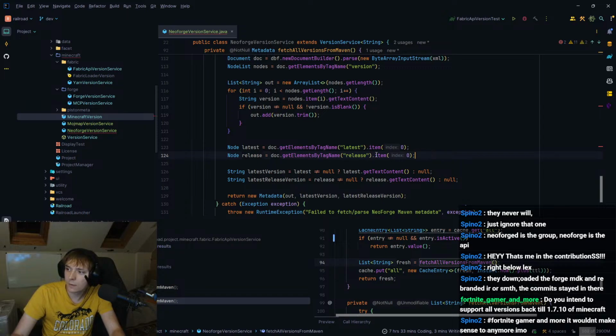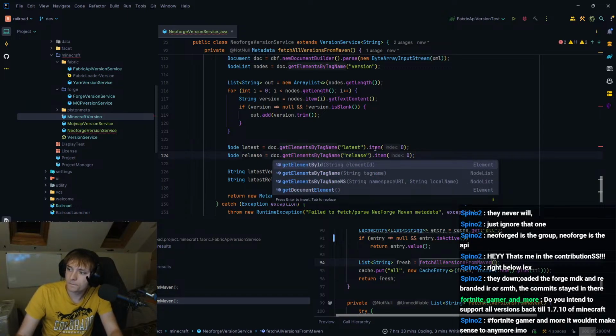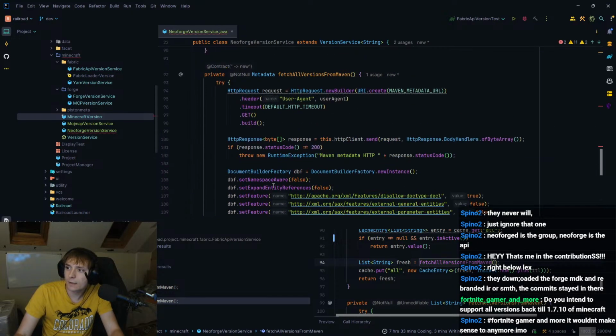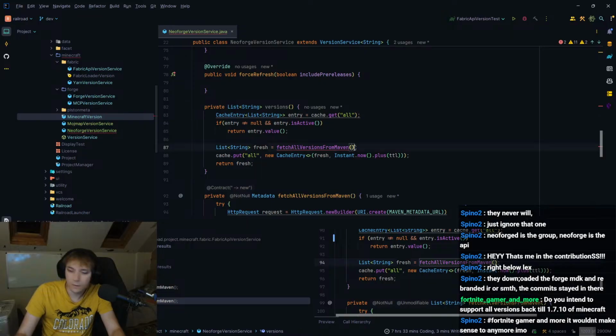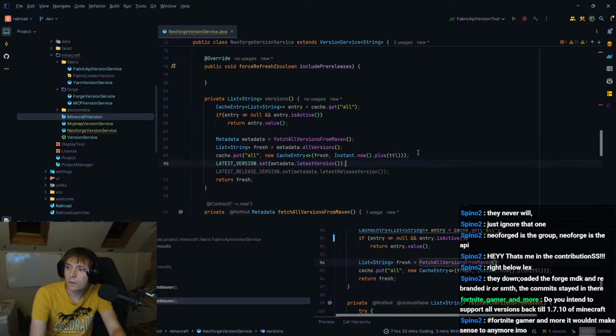Sorry. Yeah. Okay. So that gets me out the metadata. So let's do .var metadata. And then here we can do metadata.allVersions. And then just do that, basically, which just goes ahead and updates those. Which should be all we need.